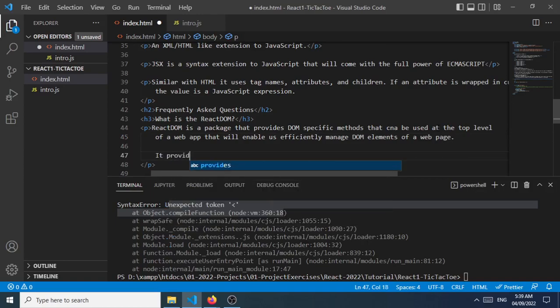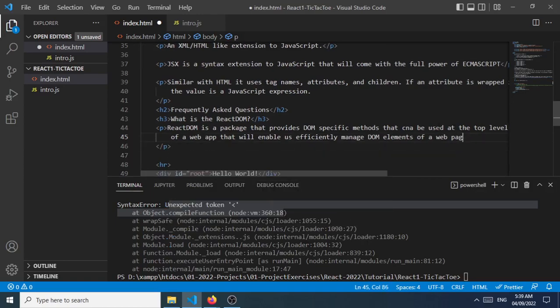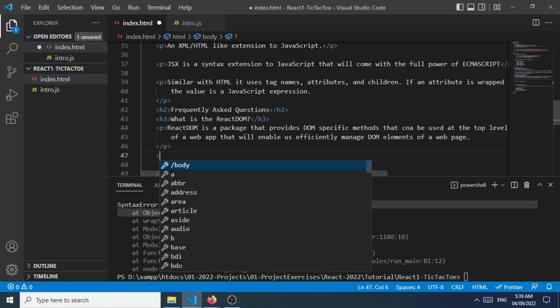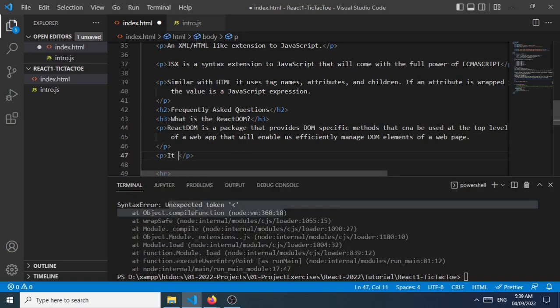It provides another P element here. It provides an API